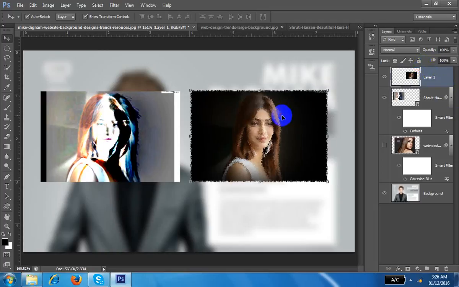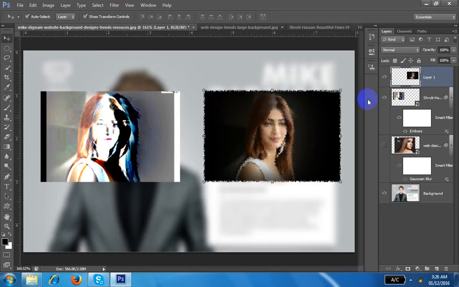Understand? So in this object there is no option for change, but in the smart object you can change anything. So this is useful. In the smart object you can change your filter after some time, but in the simple object you are not able to change it. In the simple image the quality is lost, but the smart object quality is good. Understand? Whatever you understand, write all of it in Bengali also in your mind.